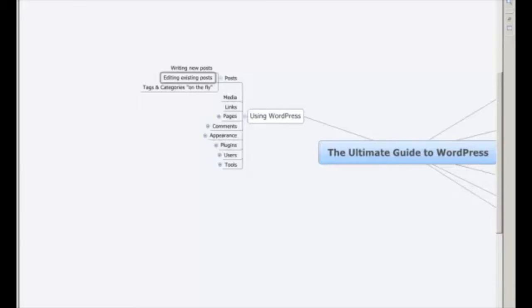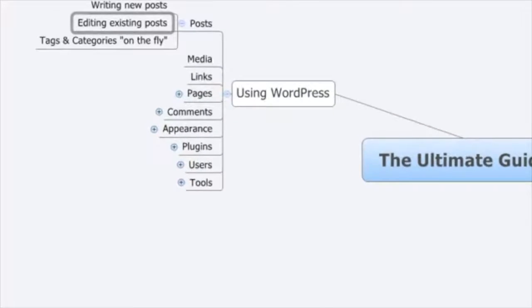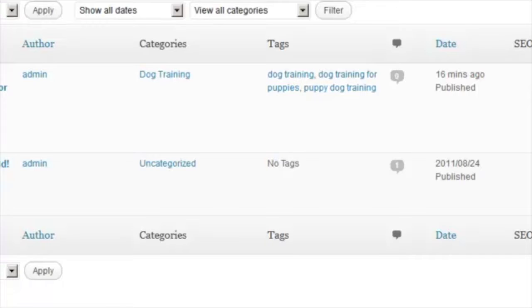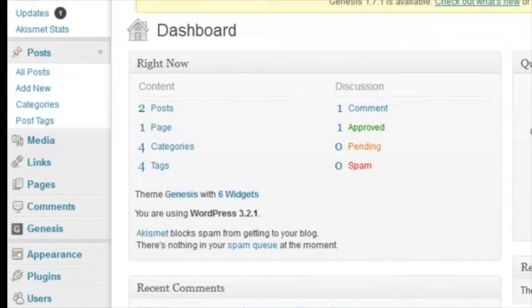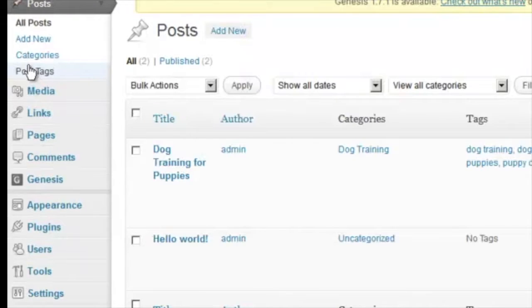Okay, the next step we take in using WordPress as far as posts go, we just finished writing a post, so now we're going to go back and edit it. So let me show you how to do that. From your dashboard, you click on all posts, and then see how once you hover over the title of the post, a submenu comes up. Click on edit,